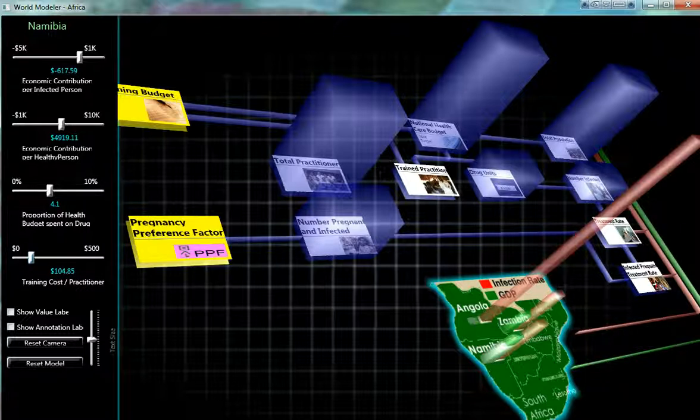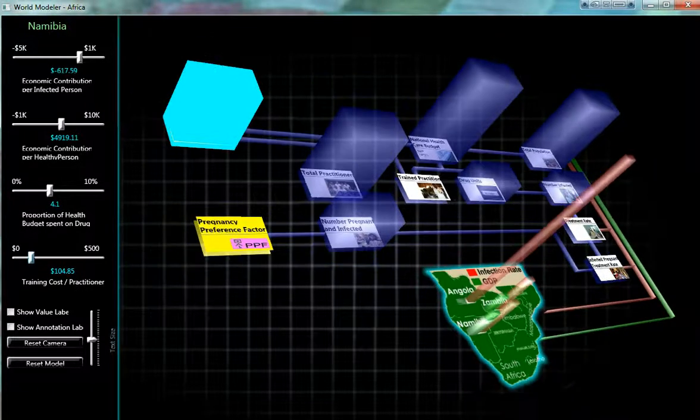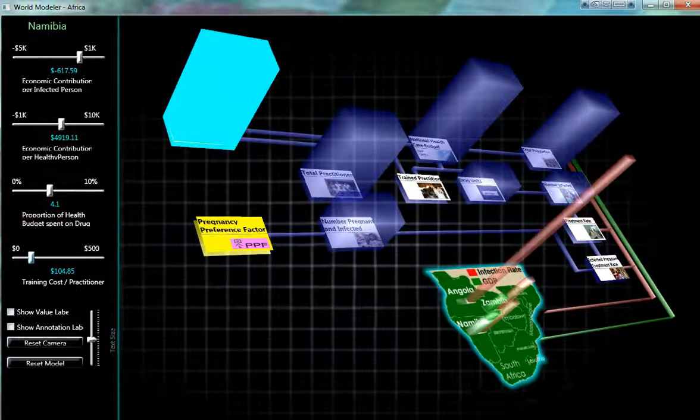In this country, however, we're going to make a slightly different choice. We're going to choose to divert some of the funds that would otherwise be spent on medicine to training doctors to ensure that that medication is administered successfully. That diversion is represented by this movement in this yellow bar or the blue bar that I've moved up and